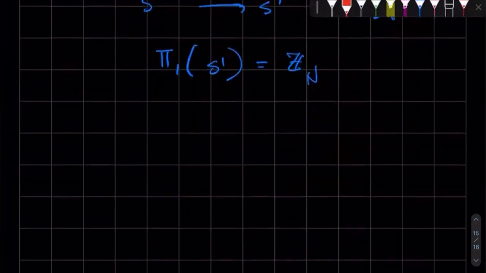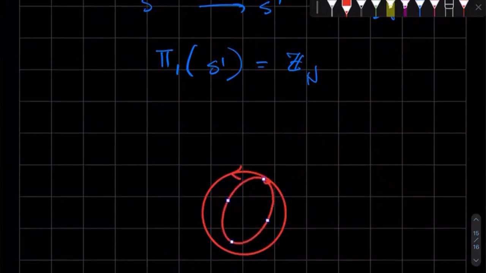Okay, so what is this group composition law? It's basically if you go around one circle in one direction, and you have another circle in your target manifold, you go like that. So this is map number 1, let's call it the map F, and this is F prime. You go around F first and then F prime second. This is the composition. And you can see geometrically this is going to be abelian.